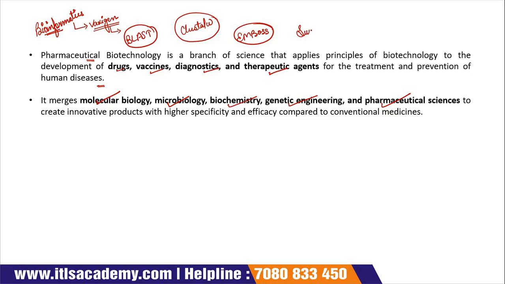Swiss Target Prediction is software that is used to find out your target molecule. Swiss ADME is software that is used to find out the pharmacological properties of your protein, of your target therapeutic agent. ToxinPred, software available in bioinformatics, is used to find out the toxicity of your proteins.